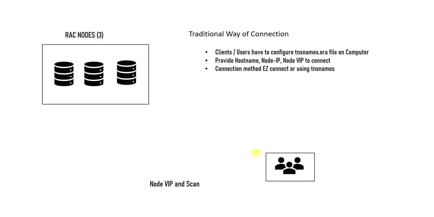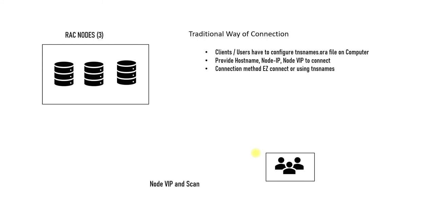In the traditional way, in 10g R1 or release 2, you might know that the tnsnames file was the file clients used to configure on their personal PC or computer or laptop, whatever it is. They used to provide the node name or the virtual IPs to directly connect to a specific node. What if one node goes down? What will happen if one node is added? There used to be a lot of problems. They used to always use Easy Connect and TNS names to connect. That was the traditional way of communicating to the database, but that has huge issues.